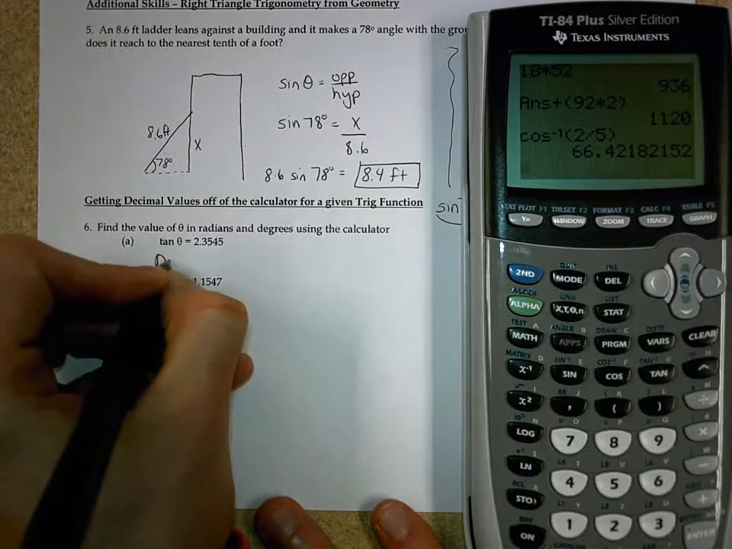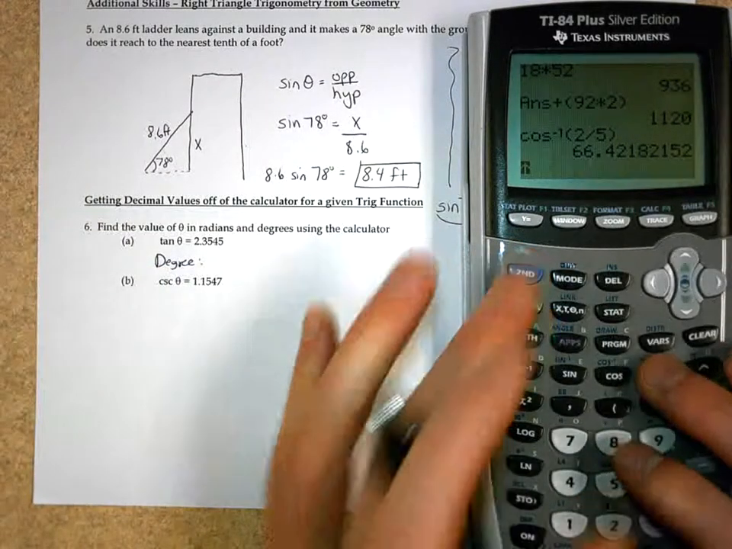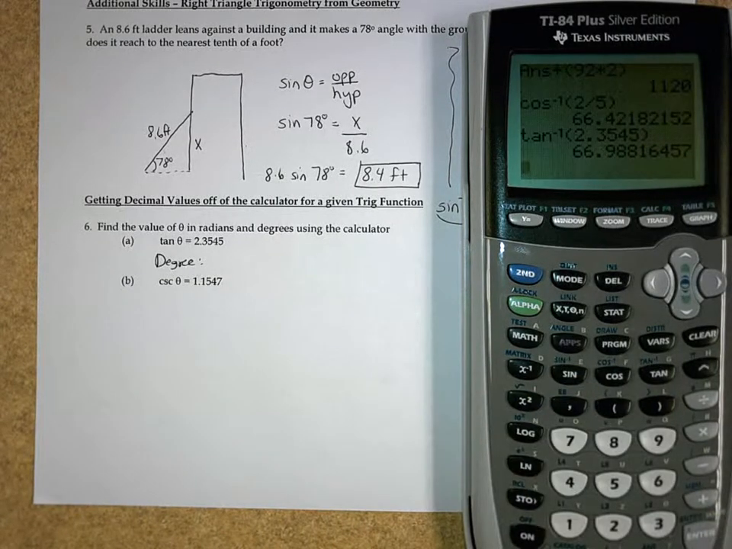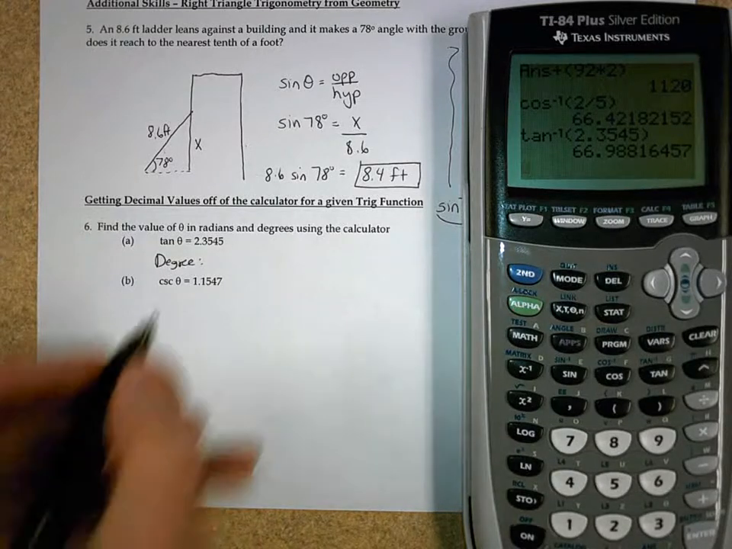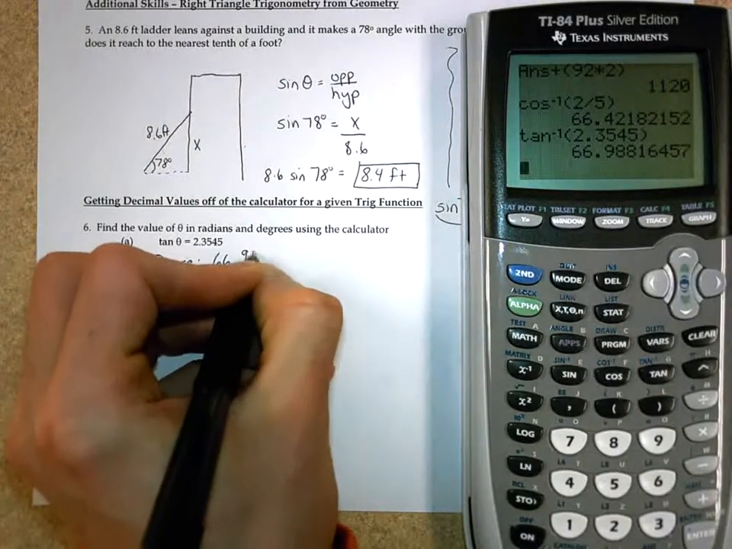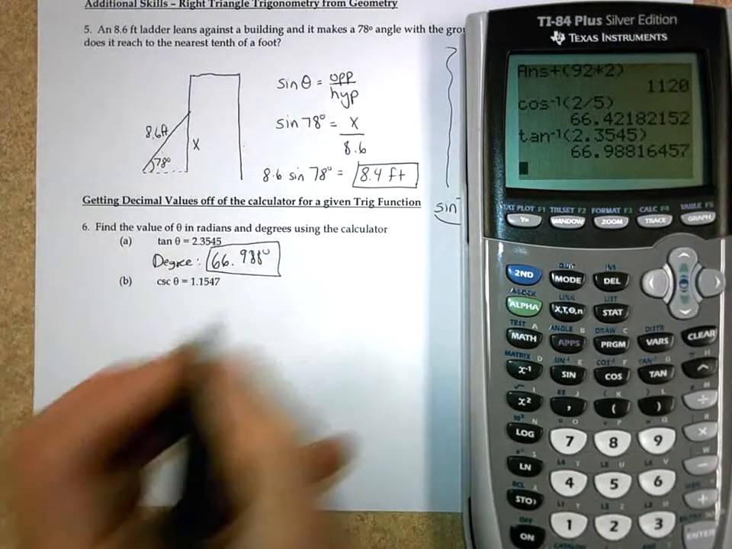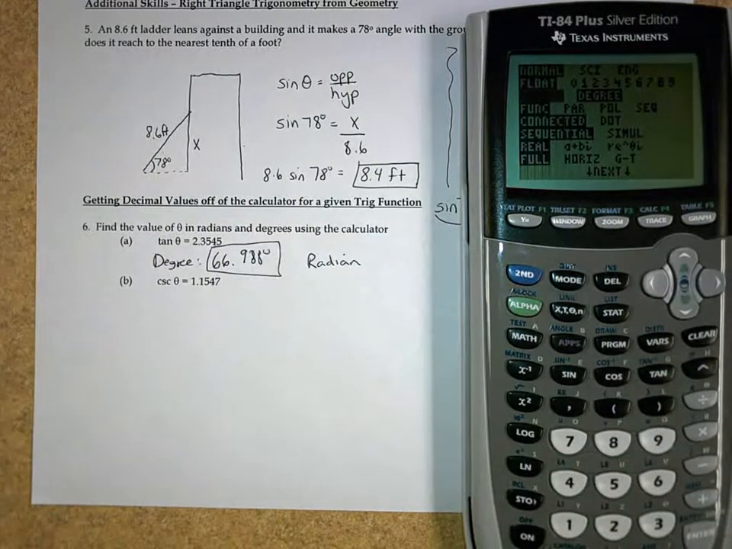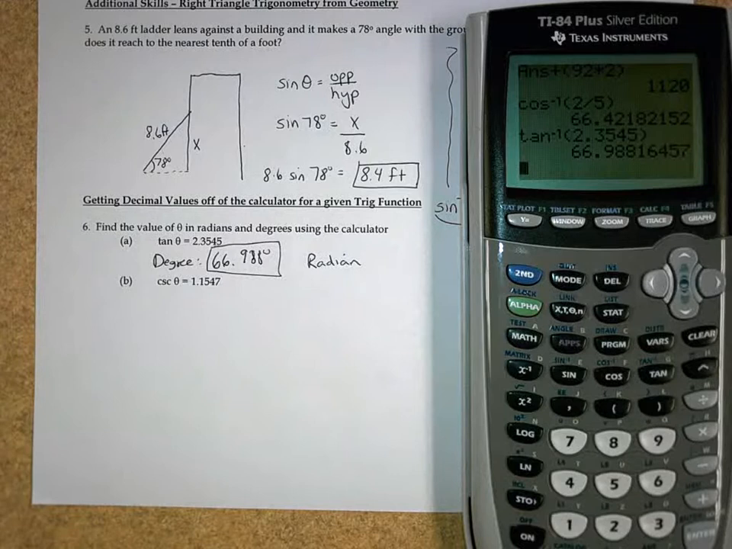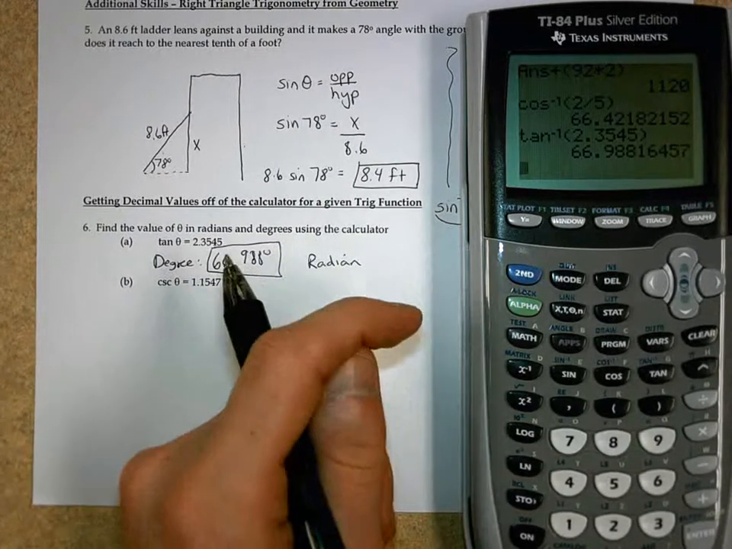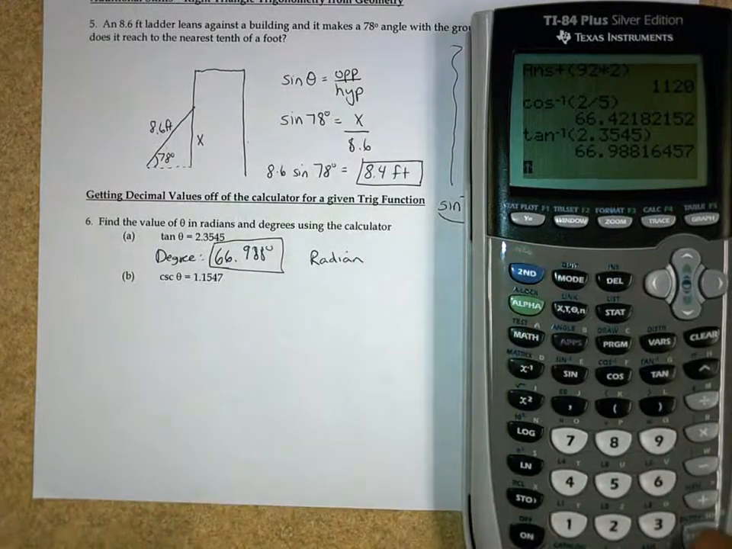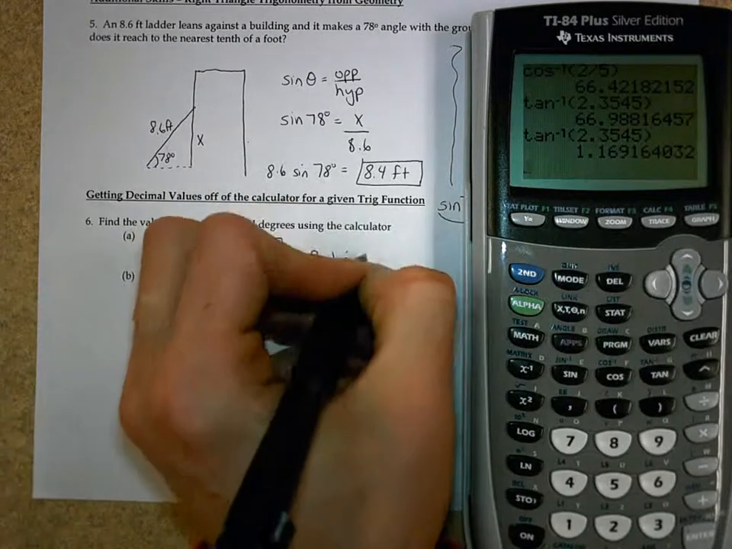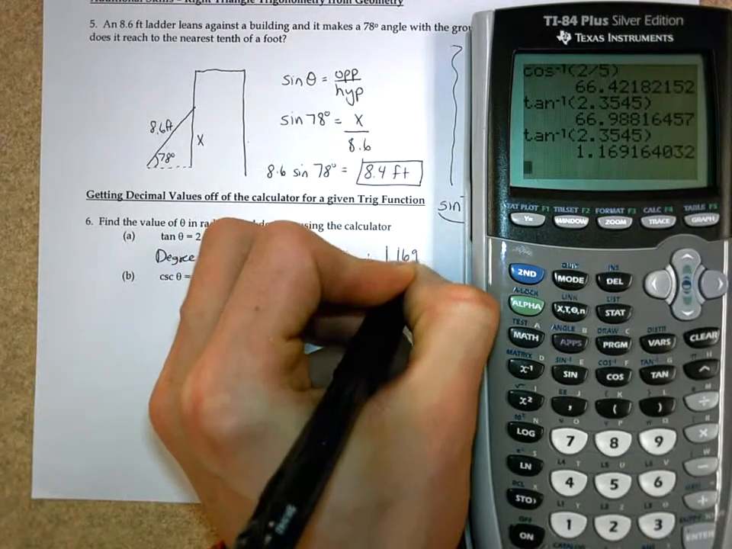Since I'm in degree mode, I'll start by doing tangent inverse of 2.3545. And I get my degree measurement is 66.988 degrees. I can then do the same thing using the radian measurement, changing my mode to radian, and then entering the exact same expression again. And I can recall my previous expression by hitting second and then the enter key to bring up my last entry. So now that I'm in radian mode, I can see that I'm at 1.169